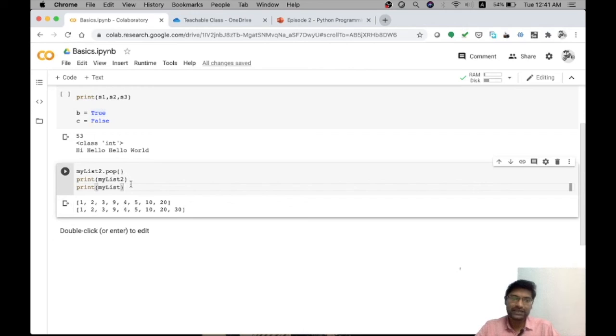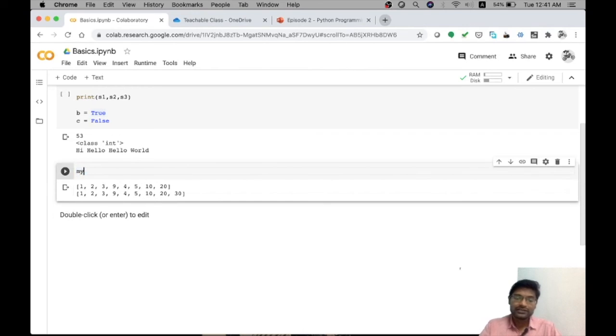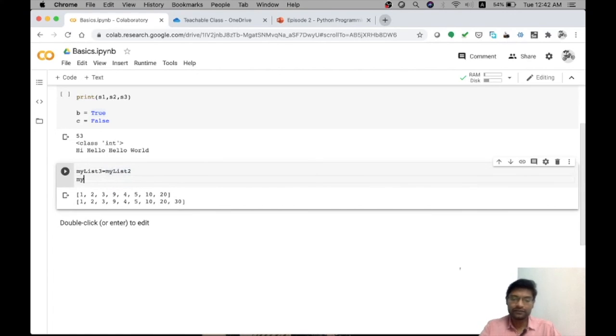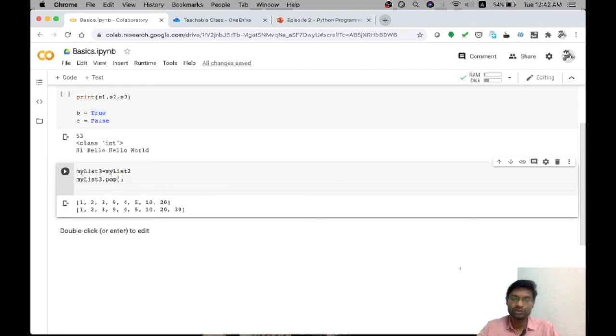The unsafe practice is if I had simply assigned mylist2 to mylist3. Okay, I am simply assigning mylist2 to mylist3 and from mylist3 I am removing one more value. So actually 20 is being removed from mylist3 and let's see what's happening to mylist3 and mylist2.